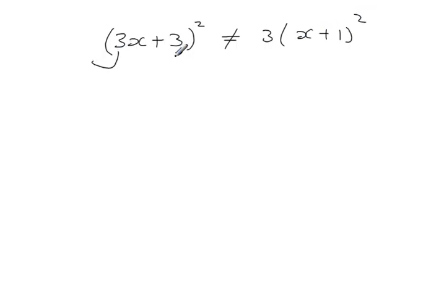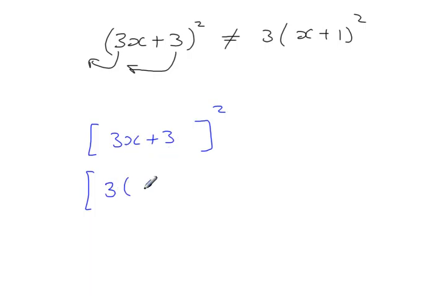For the same reason, if you start with 3x plus 3 squared, that is not equal to 3 brackets x plus 1 squared. You can't just take that 3 out, thinking, well, I'll just factorize it and take it out. You can't do that. The reason being, if I use some square brackets to begin with, and then put 3x plus 3 inside, and then I've got the square there, so that's the same, and then I take the 3 out from these two,